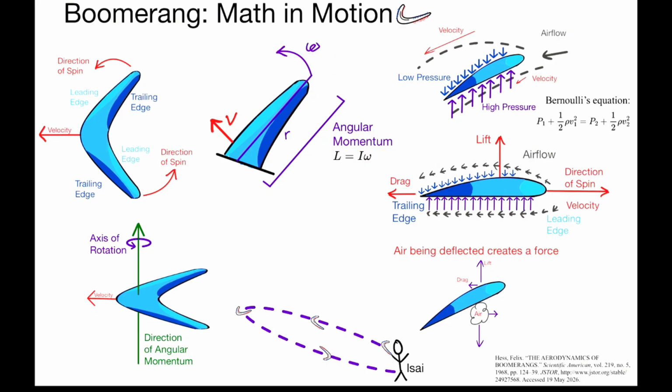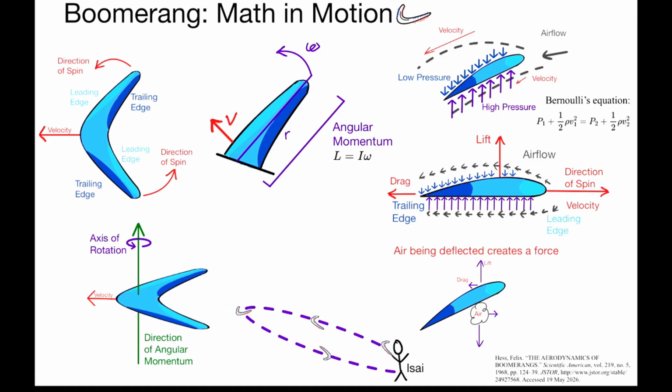And while at the same time it's happening, it's also being carried forward by the initial velocity from the arms when you throw it straight forward. So the direction of the angular momentum, along with the lift provided by the differences in pressure that the airfoils create, and the air being deflected across the airfoils causing lift and drag, cause the boomerang to go into an elliptical orbit. And the reason why it goes from right to left instead of from left to right is because